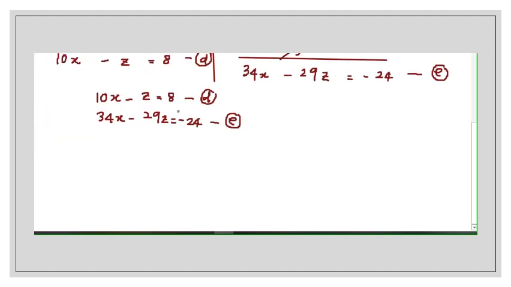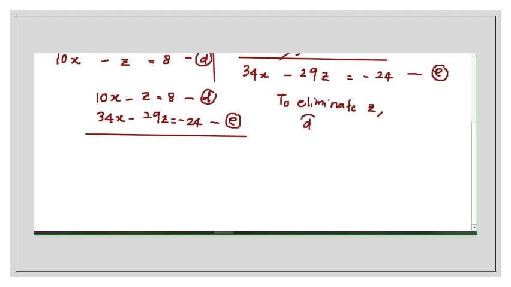Okay. Now, please look at our step. What we must do so that we can eliminate one of these two variables, either variable x or variable z. Before that, we have to make it equal coefficient. That is, to eliminate one of the variables, either x or z. In this case, we can choose variable z. To eliminate z,